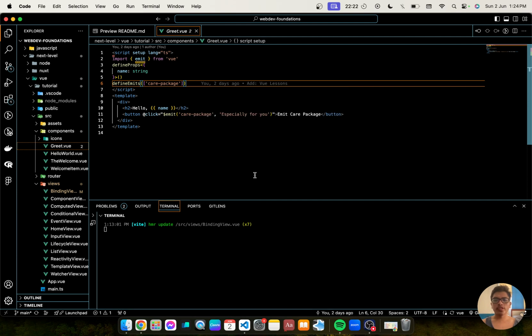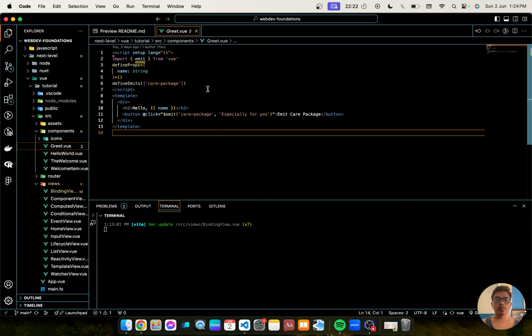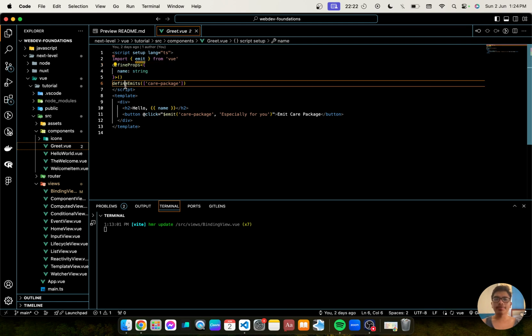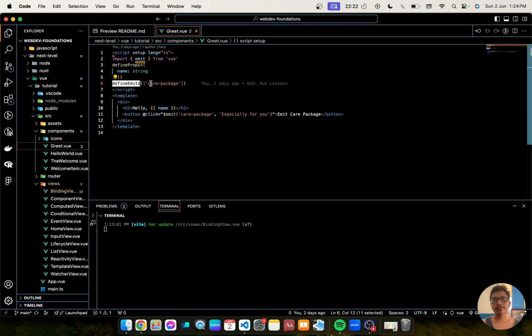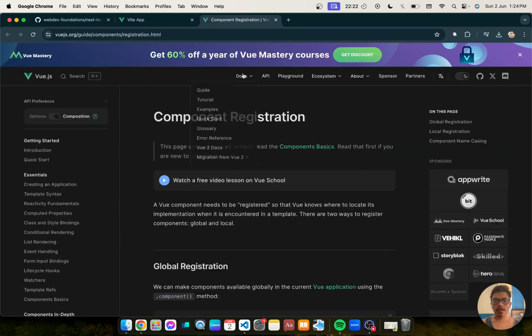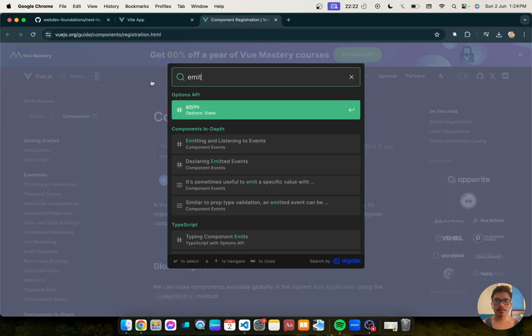When using Vue, we start with the script first. Okay? And we can import a prop. We import props by using defineProps, following this format: the name of the prop and the corresponding value of the prop. And we can also use defineEmits to create emits. So what are emits? We'll also add here advanced component lessons that you can read. But let's view here emits.